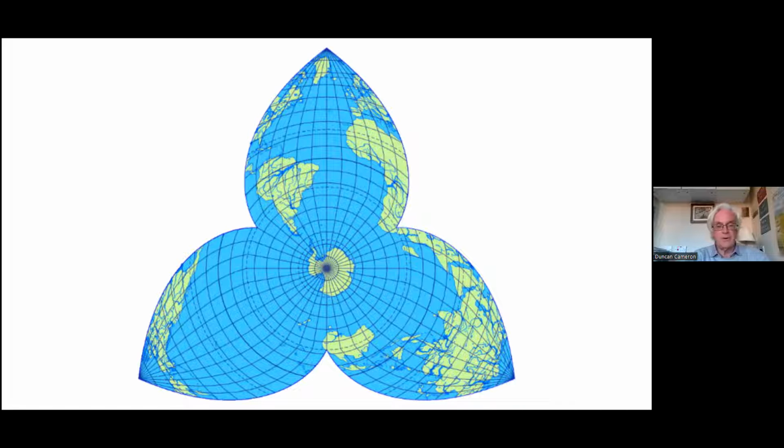The three different lobes are the same width, and that means that the Pacific Ocean is cut into three parts. The Indian Ocean is a single unit, and the Arctic Ocean is split between three different pointed areas at the top and the bottom. So it's a very attractive image, but it's not really very suited to illustrating dynamic processes which are happening in the world ocean.